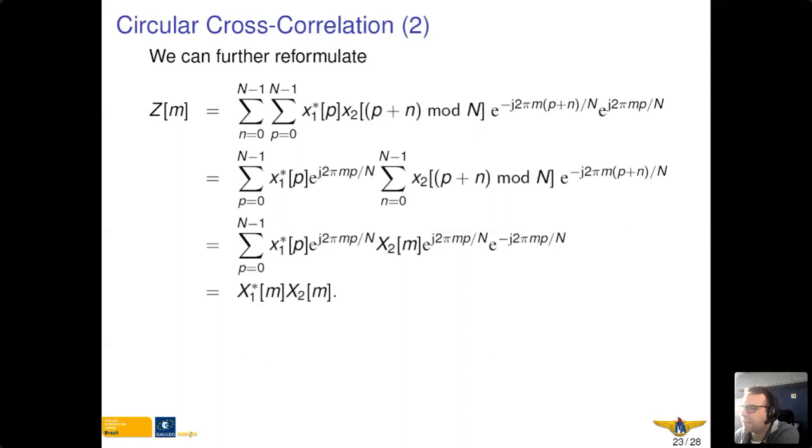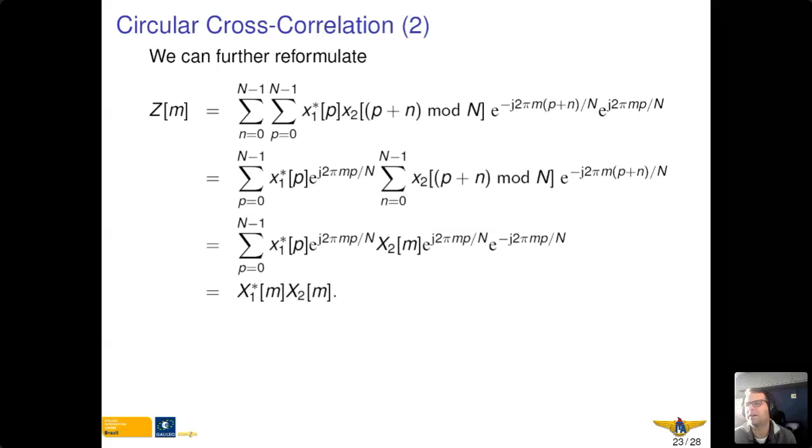And now we can also see that the first sum is the DFT of x1 conjugate, and we arrive at the multiplication of the DFT of the two functions. So the circular correlation of two sequences is equivalent to the DFT of the first sequence conjugate times the